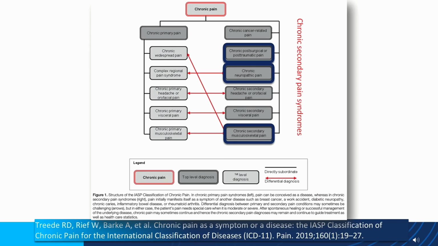And then the secondary pain conditions, the right-hand side of the slide, you understand already, it's pain caused by something that we have defined. So cancer pain, surgical pain, so persistent surgical pain, chronic neuropathic pain, which we'll come to at a later point. Then you can have secondary headaches and facial pain caused by some illness. And the same thing applies to visceral pain and musculoskeletal pain. So that's an updated definition of primary and secondary pain syndromes.